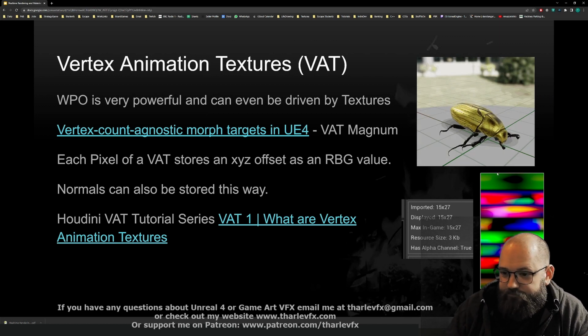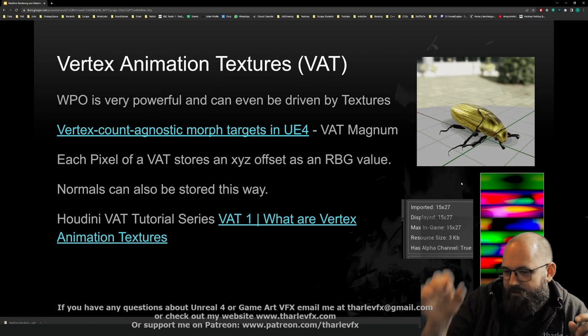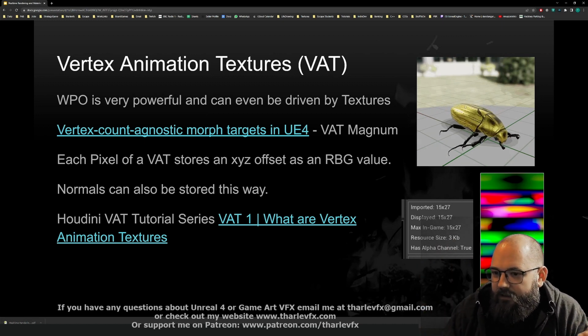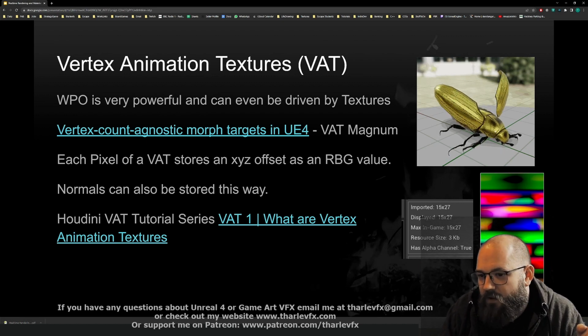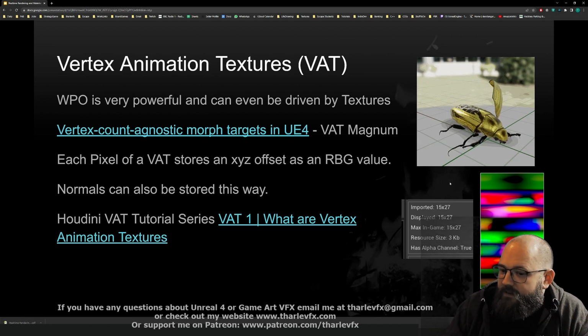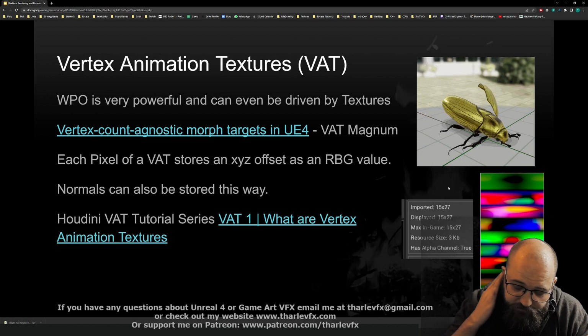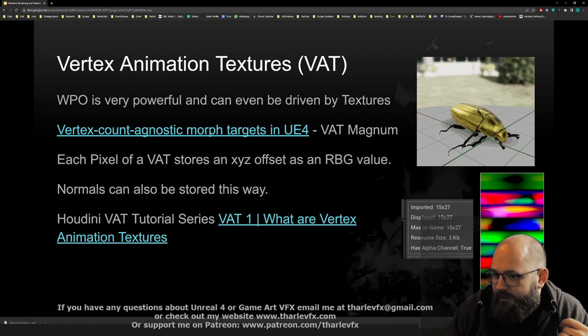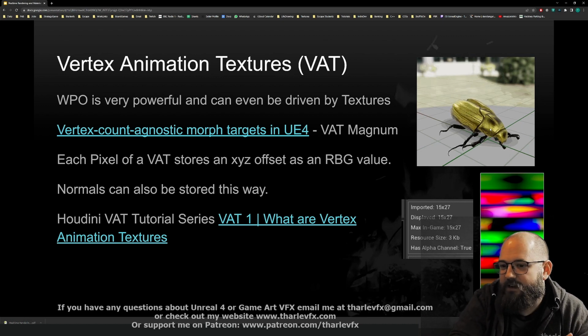And so this one down here is the movement of the beetle's wings and head and things. And it's a very, very small texture. It's 15 by 27. So that means there are presumably either 15 verts being updated and 27 frames of animation, or the other way around, depending on if it's read horizontally or vertically. I didn't actually check how many verts are in this model, but it's not many. It's a very small texture, and because of that, it's very cheap to read through and update, and you can get these really quite complex and advanced animations very cheaply